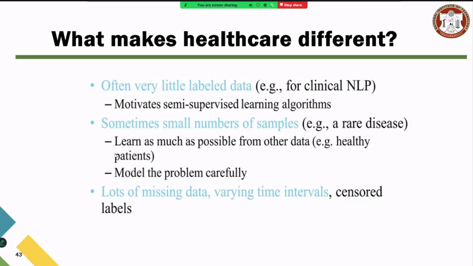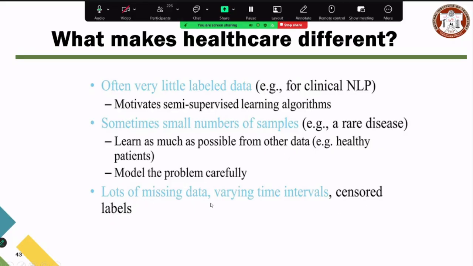Even see the model, the problem, carefully for such cases, because we don't get that much data, it will be very difficult to train the models too. Then lots of missing data, varying time intervals, and censored labels and everything. Even difficulty of